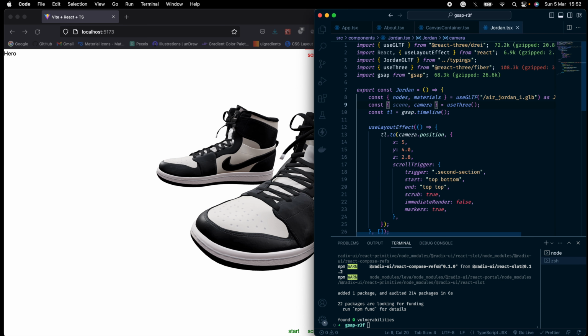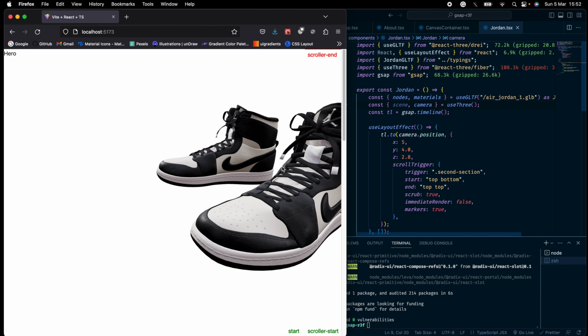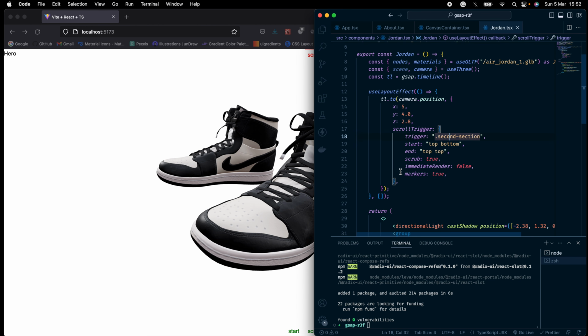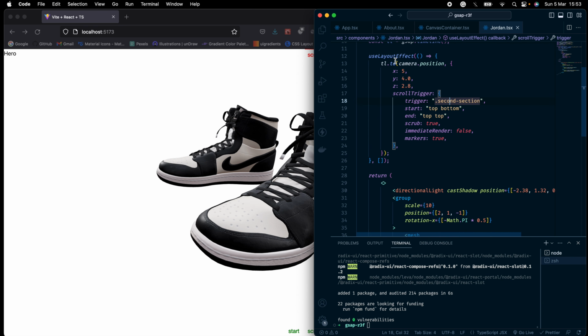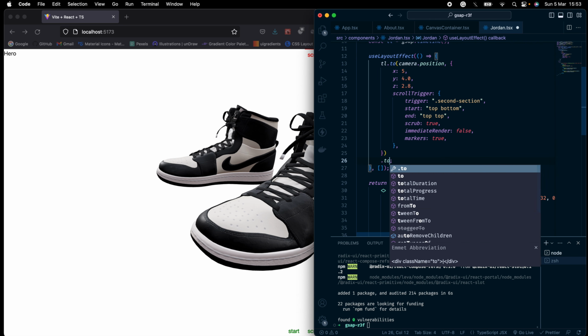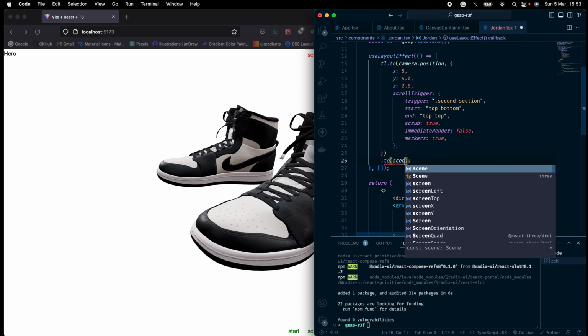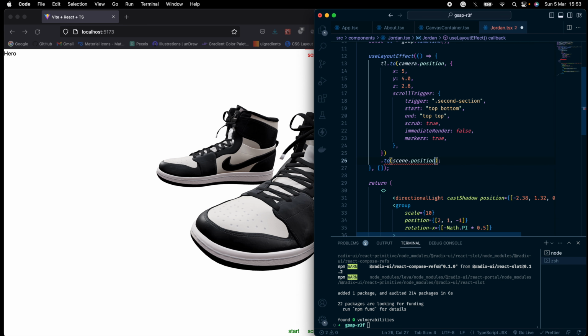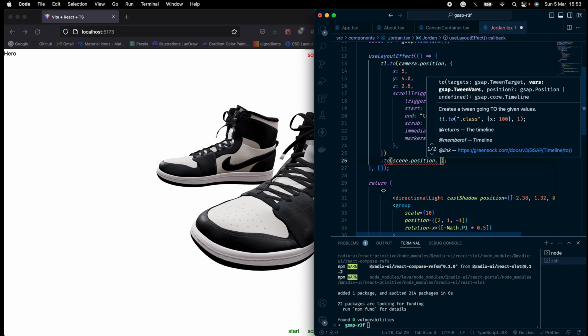I save that. So scene is basically this. You can control the position of the mesh. So this controls the position. Now let us actually chain the function. So this is the .to. I can chain another function to scene.position, comma, again I'll have to give it some